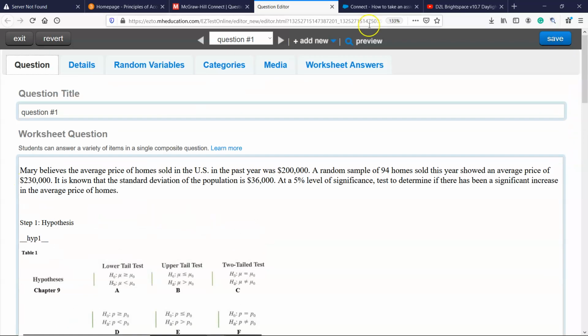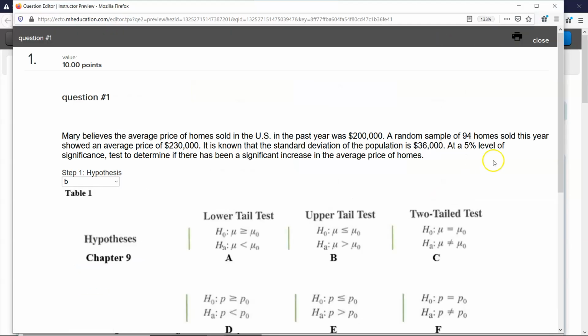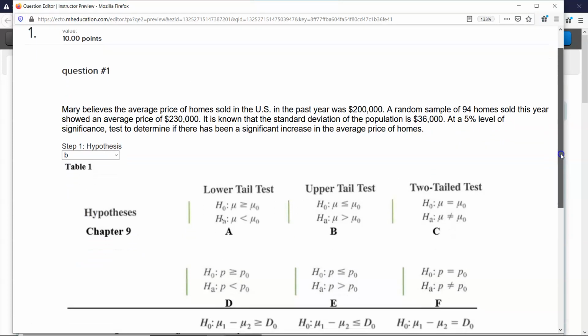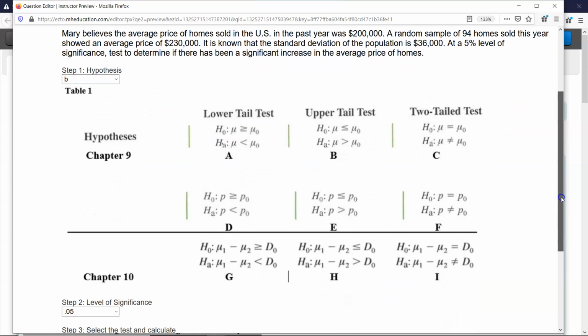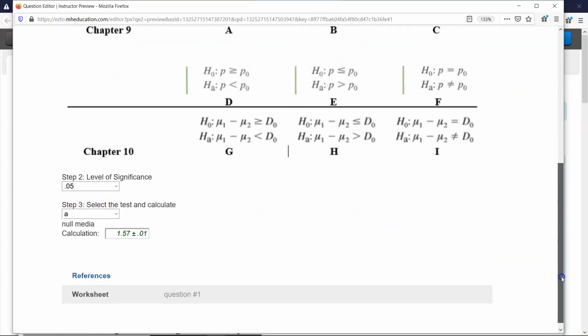So let's look at it now. All right, so I'm going to go into preview. Yes, we would like to see it. All right, so watch what I said about the sizing. Like it wouldn't let me resize the table when I first put it in chunky. You would have to resave it and do it in, but again,